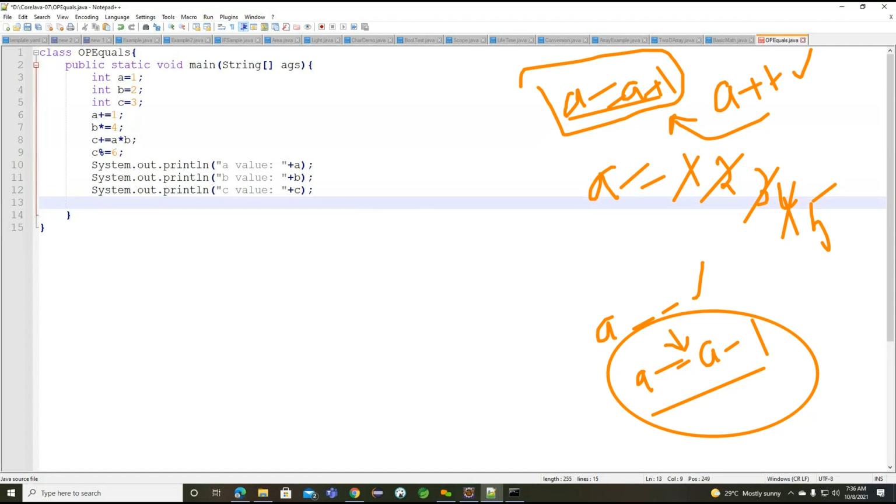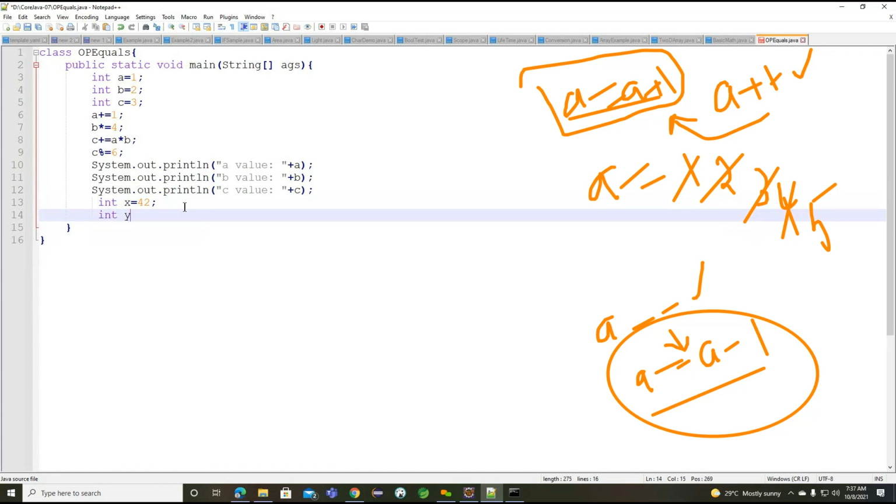So back to here, how can we write the simple example? To write this particular simple example, I want to write something like int x = 42 and int y = ... what I want to write here.